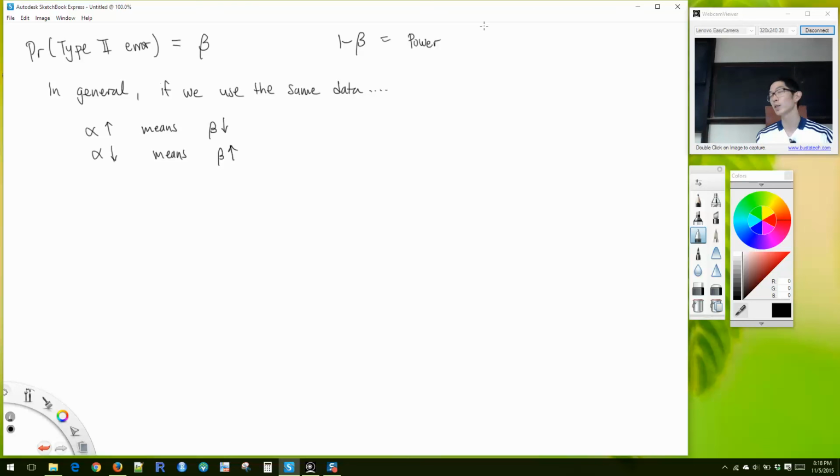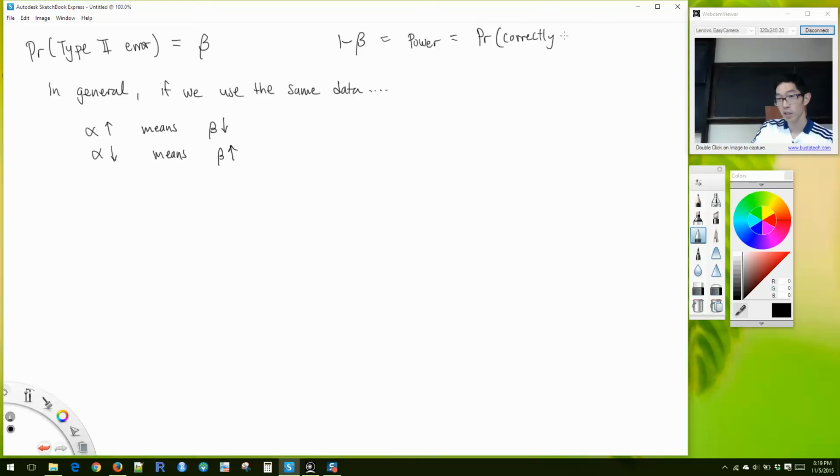So the complement of failing to reject the null when the null is false is rejecting the null when the null is false. So 1 minus beta, we give it the name power, and this is the probability of